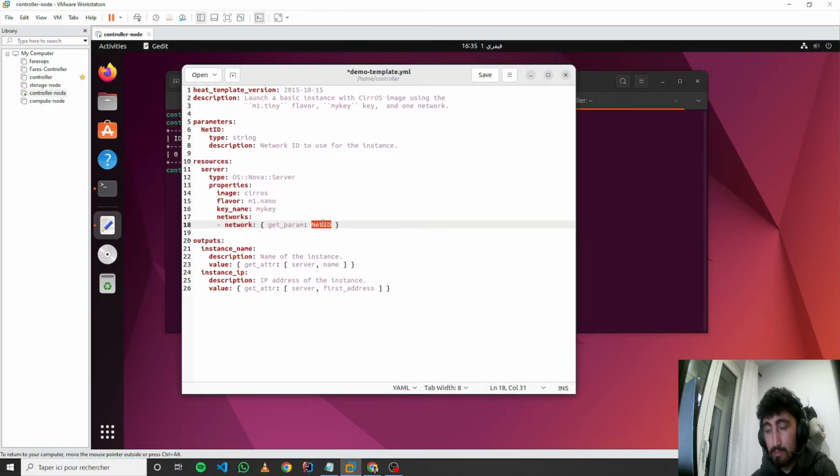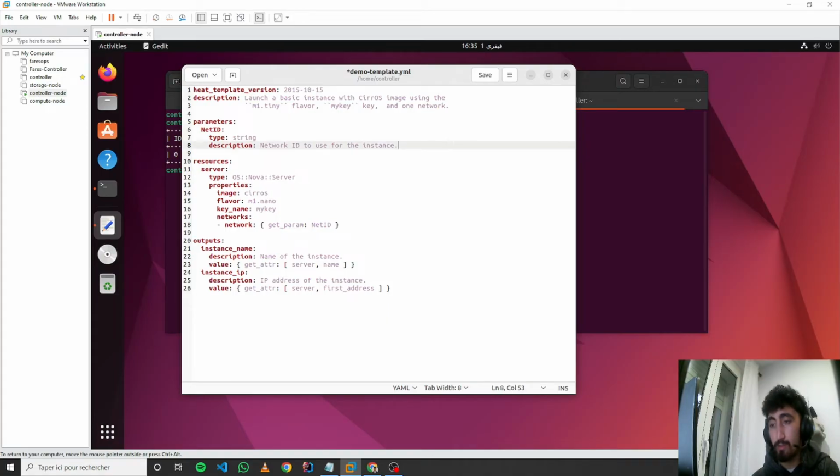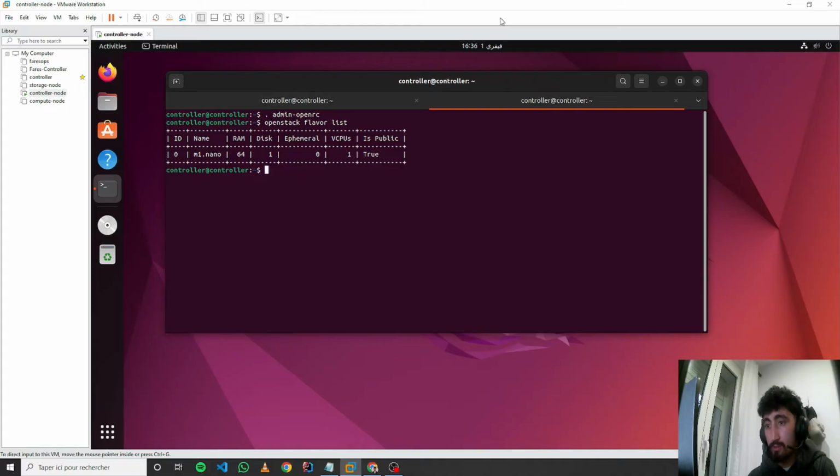So also for the key name, we have my key, net ID. I guess we will specify the net ID within the parameter. We can add the value of the net ID here in this section, but in our case, we are going to specify it when we use the command to launch the heat script. So all this is good, I guess. Okay, let us now source the demo OpenRC,